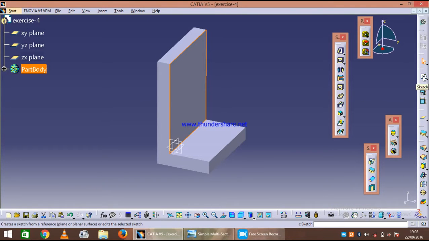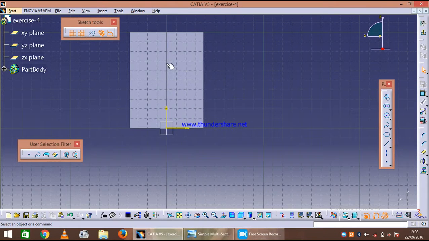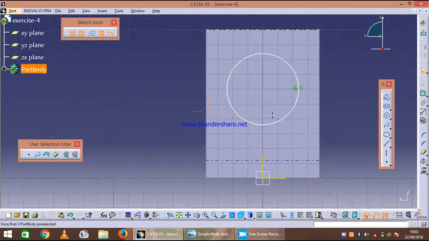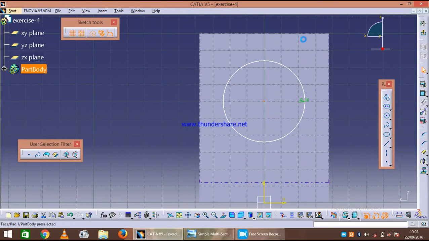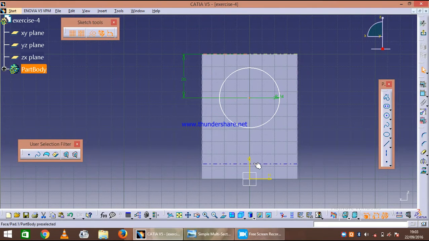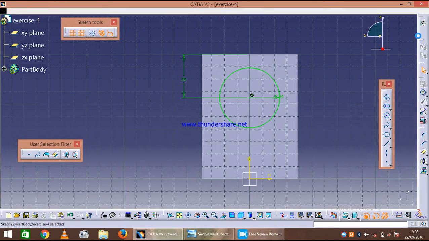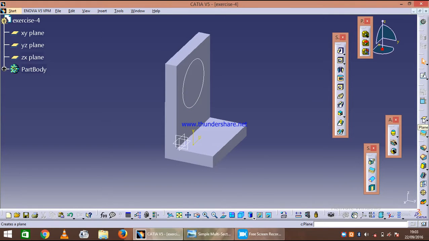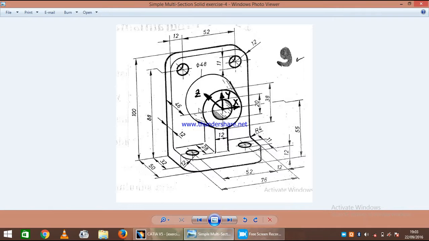Select this plane and sketch. 24, and I will just give the points, and say 35, and this coincident, so it will not move. Exit it, and now we will need a reference element plane at a distance of 46,